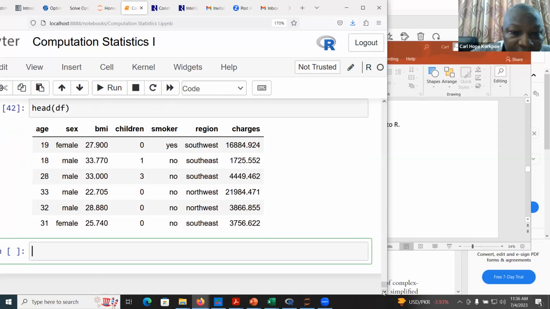This is what I have. You know, health insurance companies spend a lot of money paying out medical insurance. Now, in order for them not to make losses, they collect this data and then they model the data so that